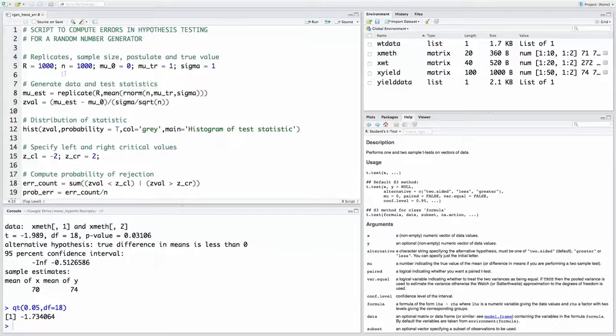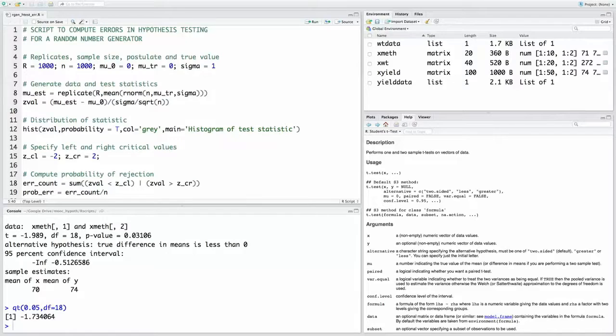If you look at the top, I have set the parameters of the simulation. R stands for the number of replicates, and small n, as you know, stands for the sample size, and then you have mu naught, which is 0. What is mu naught? It is a postulated value, and mu true is the truth value, and we set that to 0 because we assume that rnorm, if I do not specify anything, has default values of 0.